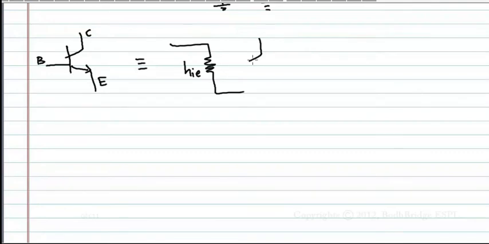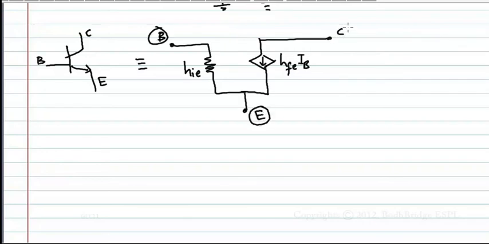Okay, if a transistor is given like this, with base, emitter and collector, the small signal equivalent is just replace this by h_ie, h_fe i_b. You need not know what these parameters are. Just represent it like this: emitter, base, collector. You need not understand too much about this diagram. Just understand base, emitter, collector, and that the small signal equivalent looks like this.